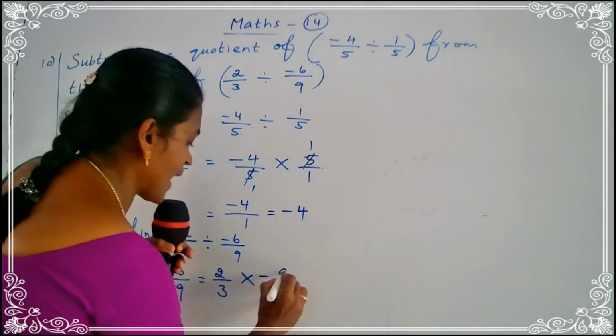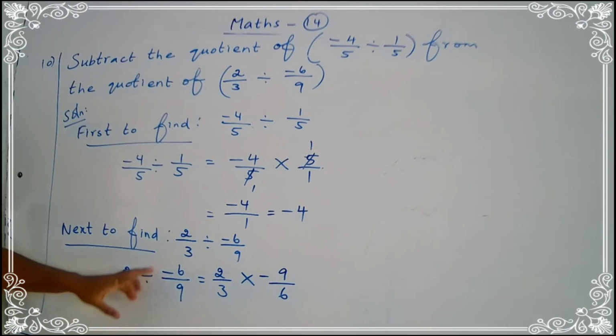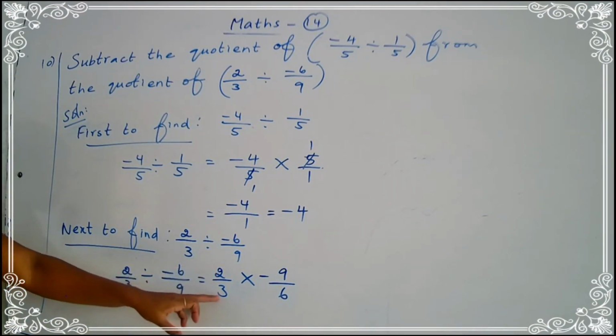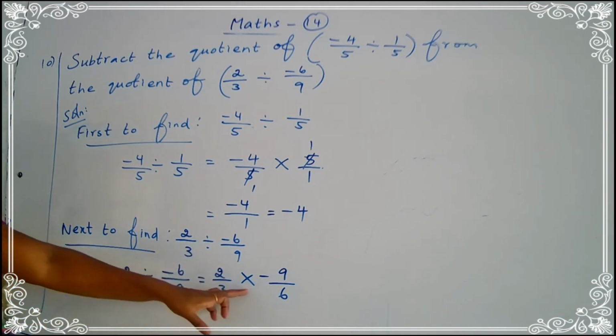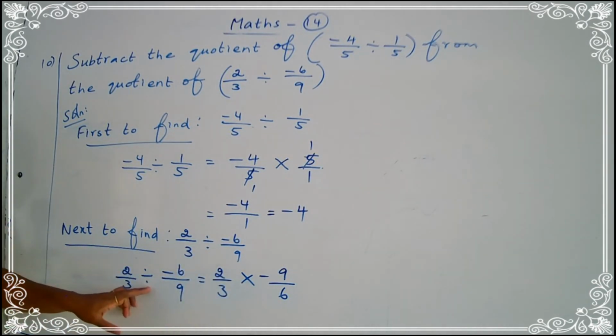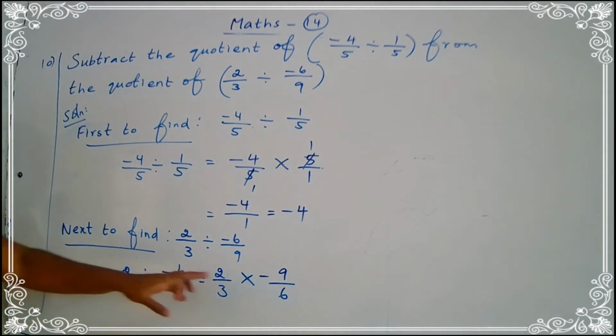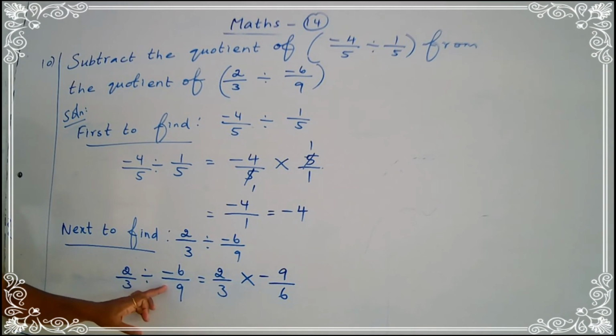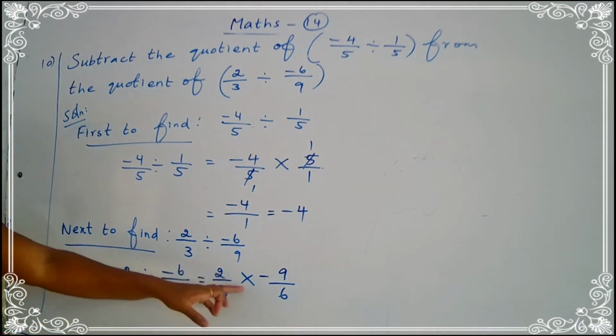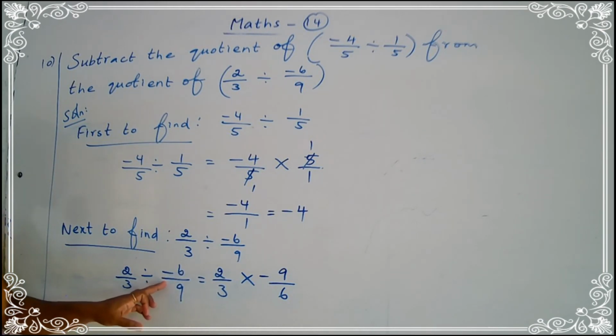Okay, children. 2 upon 3 divided by minus 6 upon 9 is equal to 2 upon 3. Now the division sign into multiplication. That time you put the reciprocal. Okay. Always when changing from division to multiplication, what should we do? We should put the divisor's reciprocal and multiply. So that's why 2 upon 3 into the reciprocal of minus 6 upon 9 is equal to minus 9 upon